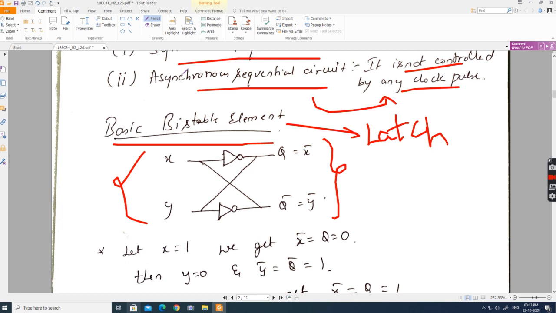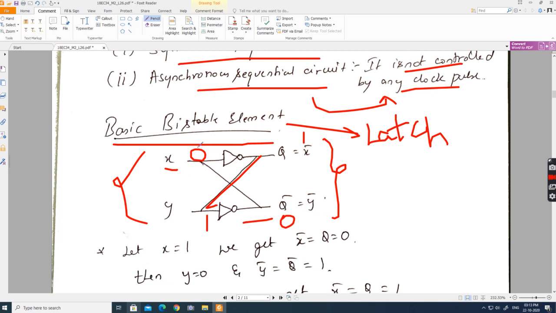A digital data. So how is locking done here? Look here. If x is 0, how does this work? Say if x is 0, what will be the output? 1. And this 1 I am feeding over here to this gate. So this is 1. If this is 1, output will be 0. Understanding? And if 0 is fed, output will be 1. It will be running in this fashion.